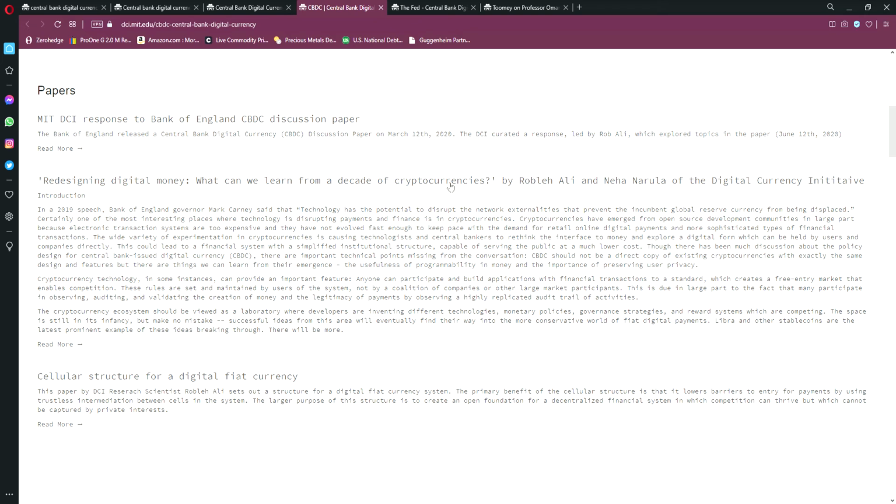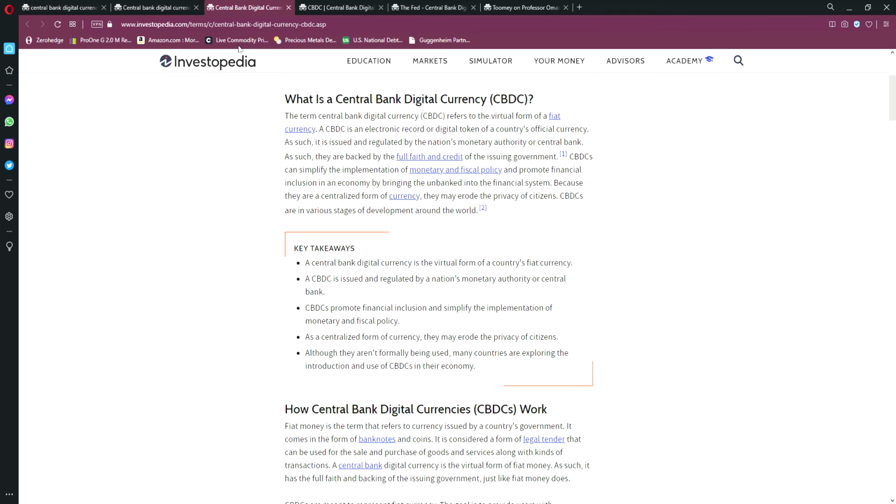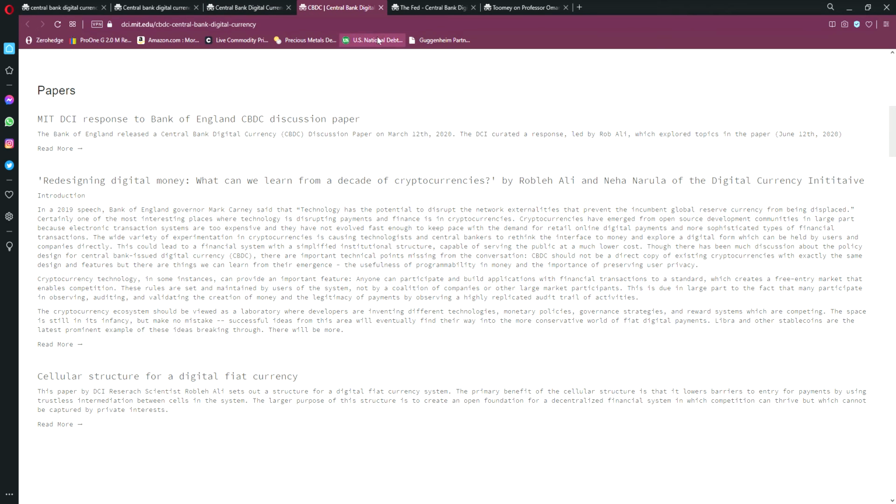So understand that cryptocurrencies are being studied because they are going to be eventually subsumed or consumed by a CBDC. Likely at some point a global CBDC, because you don't need to print a CBDC, right? A central bank digital currency doesn't need to be printed. It's digital. They don't even want to have physical representations of it.